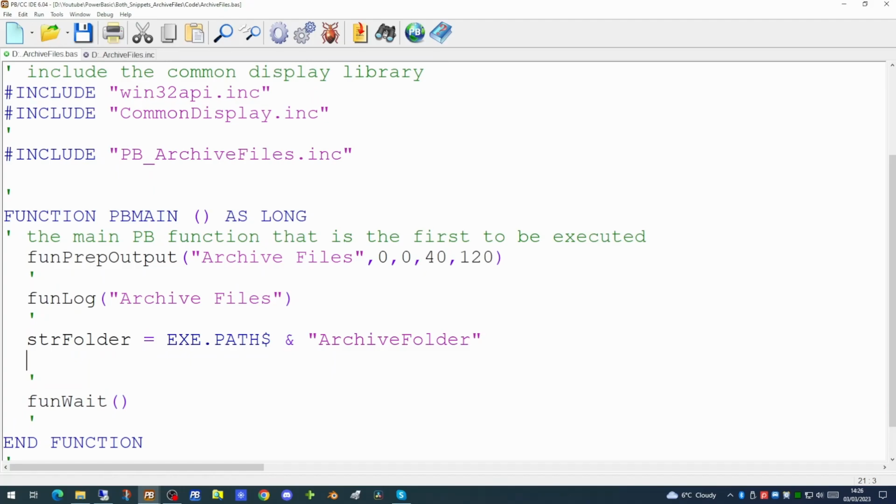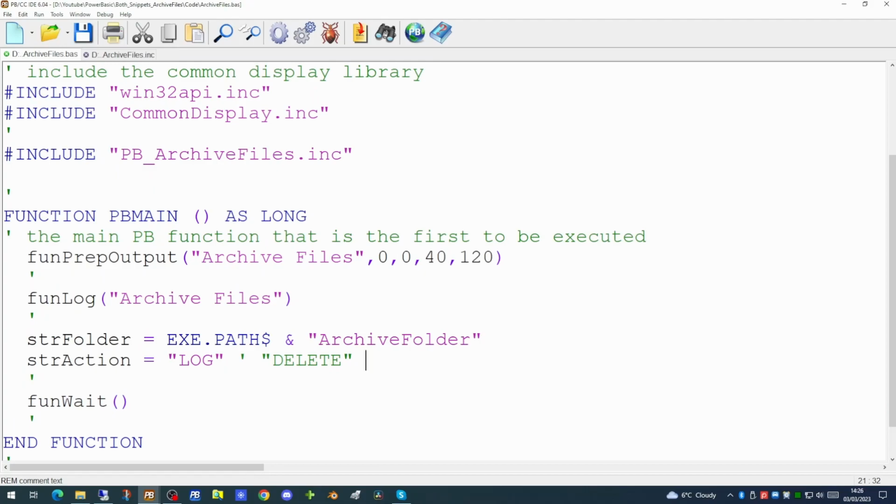For this type of program, you may want to actually just log the files that could be deleted before you actually do the deletion. So we're going to have 2 types of action in this program. One to delete the files and also log the ones it has deleted, or just to log the files. So we will initially set this up just to log files that could be deleted.